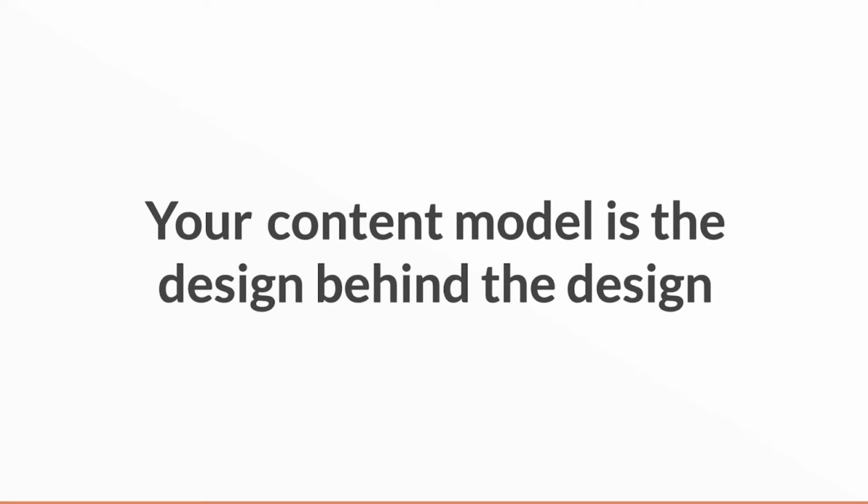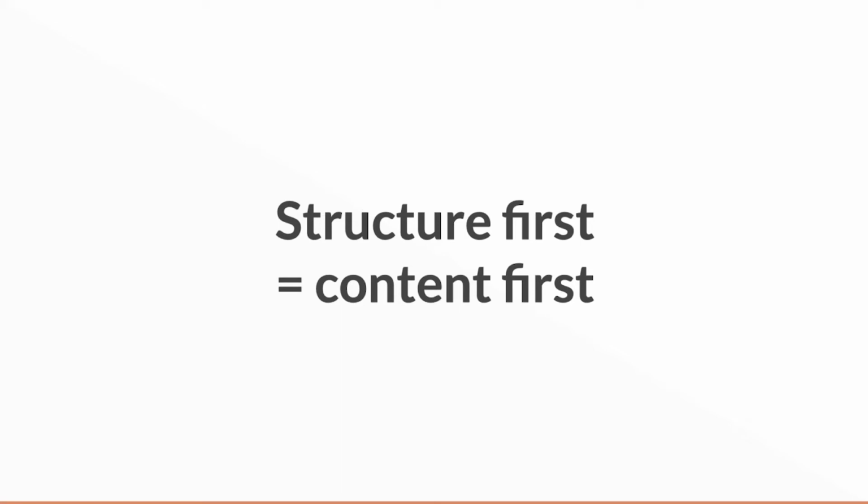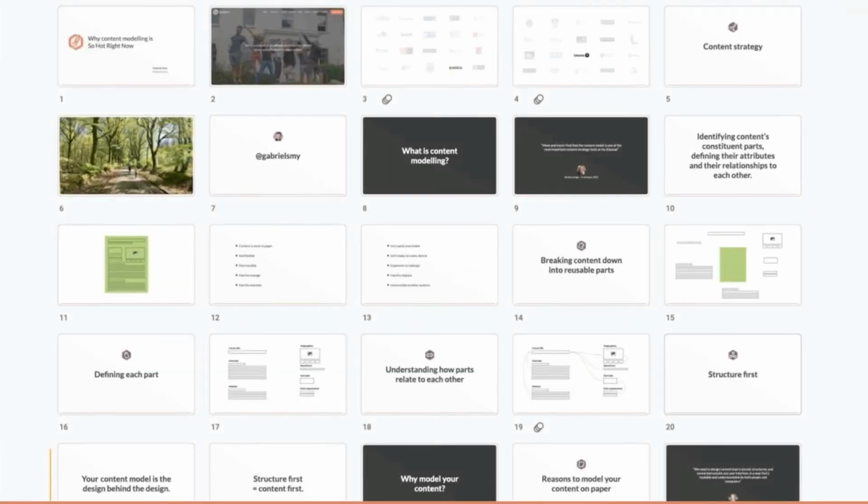Now, I am a huge advocate of a content first approach to anything. But one of the things that I find is true is that structure first is content first. For example, when I put this presentation together, I didn't just think slide by slide what I needed. I thought, no, I should have some structure. I should have some templates that produce the repeatable content that I want, for example, bullet points, full images, quotes, headings, slides. But to create those templates, I didn't just make them up and then see if my content fitted. I thought, what is my content?